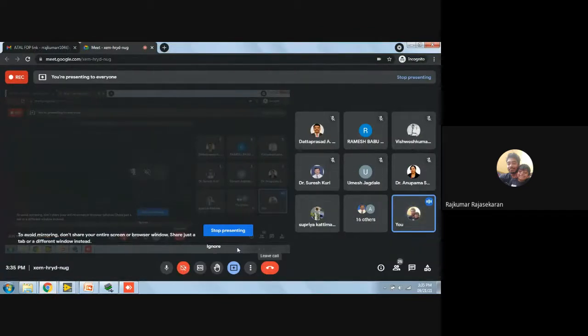I will switch off the screen sharing. And if I change the control values from my computer, due to this communication, you're going to see that your motor is going to rotate.